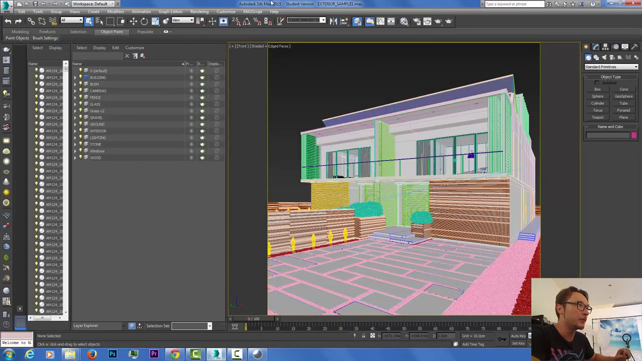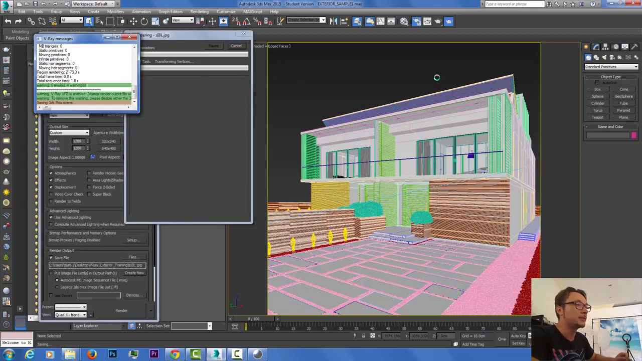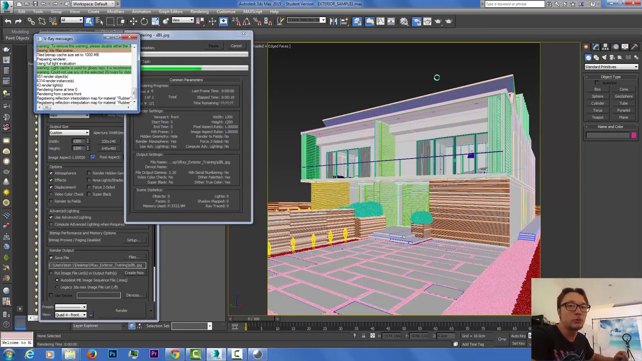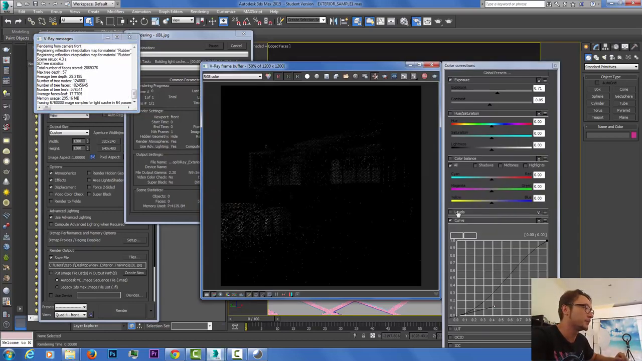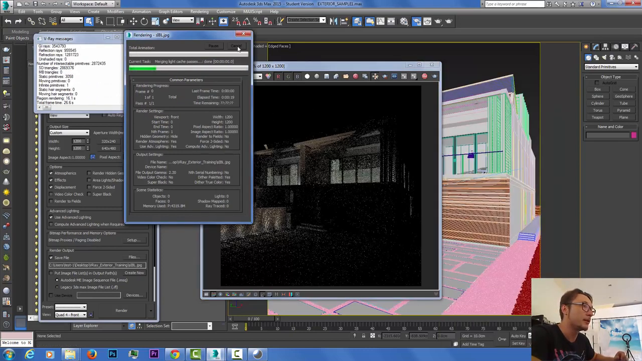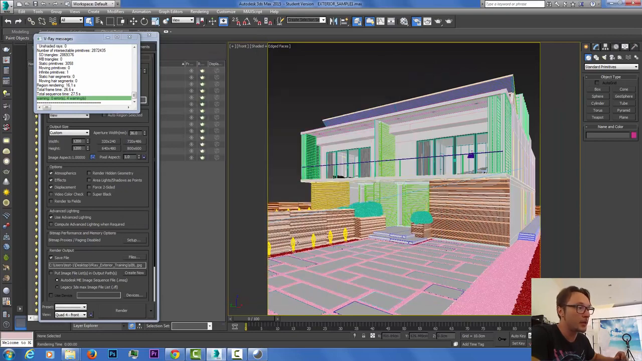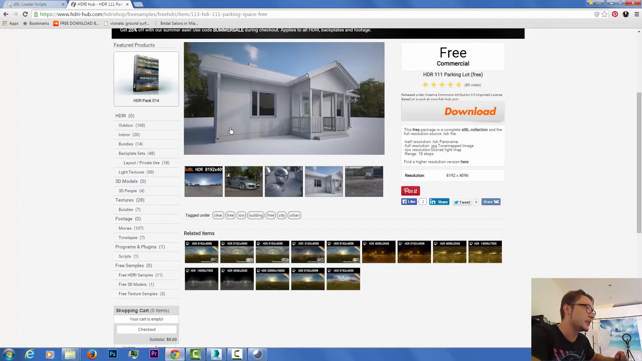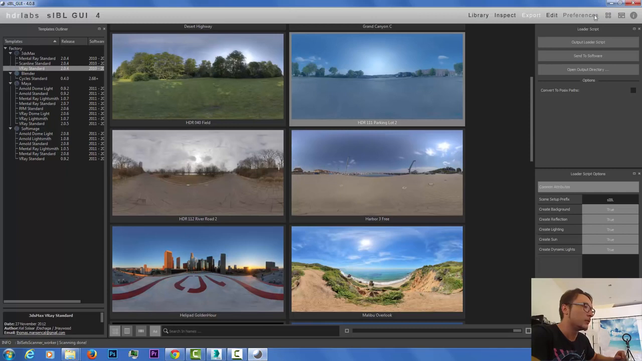So here, if I click render, my scene doesn't have anything, so it's basically going to produce no shadows, everything going to be in black. Nothing much to see, so let's go ahead and see how we can light this thing up. As you can see, I only have a little bit of my landscape lighting just to indicate what's going on to my fence here. So let's go back to the sIBL GUI